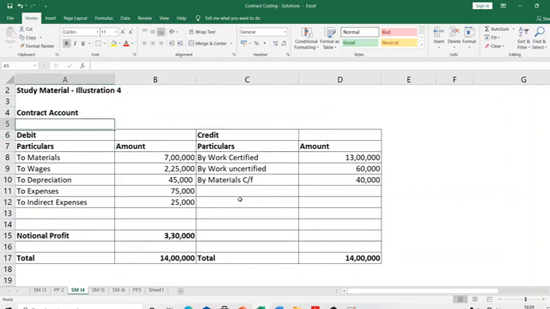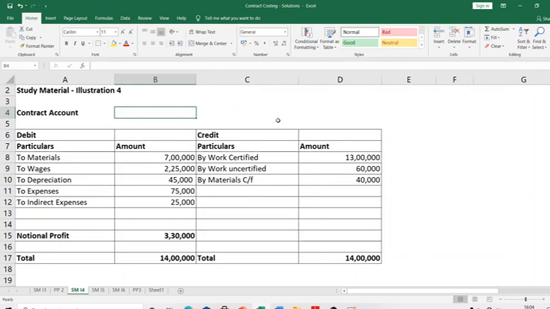Similarly, we are going to do the same thing, right? And if at all you had any closing stock in a trading account, what would you do? You would go and credit the trading account. So why are you crediting closing stock in a trading account? Because to that extent you had already debited expenses, but you want to remove those expenses from that year's trading account because you are not selling the goods, so you are crediting it, right? So that's what you are basically doing in a trading account.